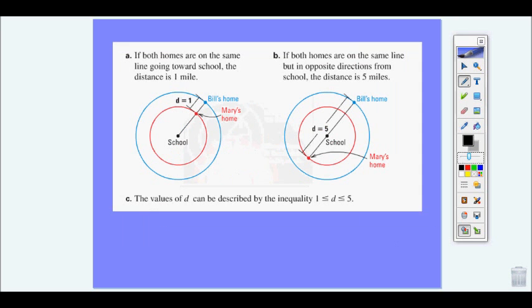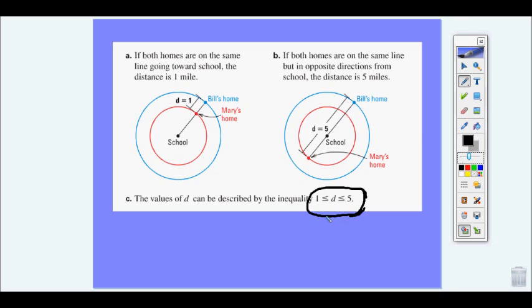So if we go to write this statement, we're going to say if both homes are on the same line going toward the school, the distance is 1 mile. We can also tell if both homes are on the same line but in opposite directions from the school, the distance is 5 miles. So the values of D can be described by the inequality that they're either going to be equal to 1 or greater, and they could also be equal to 5 or less than. That's the maximum. So that is an and statement, including both of those